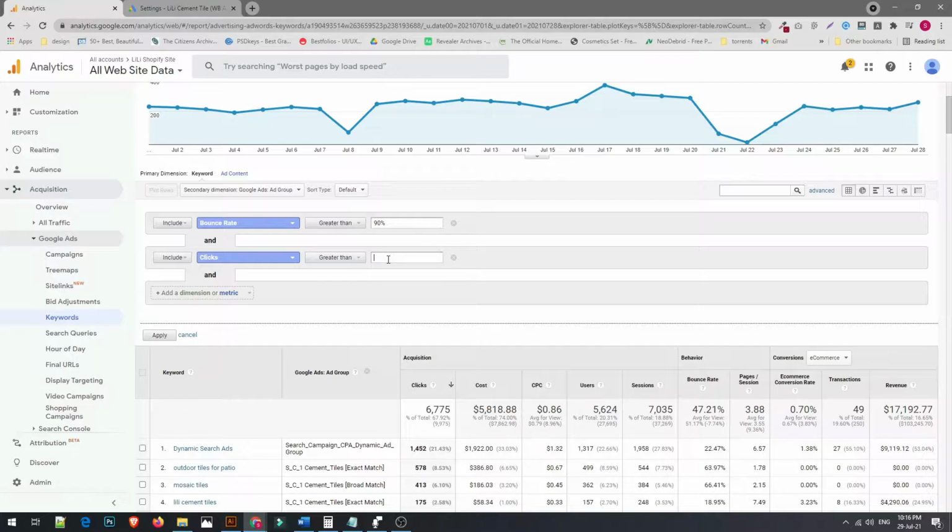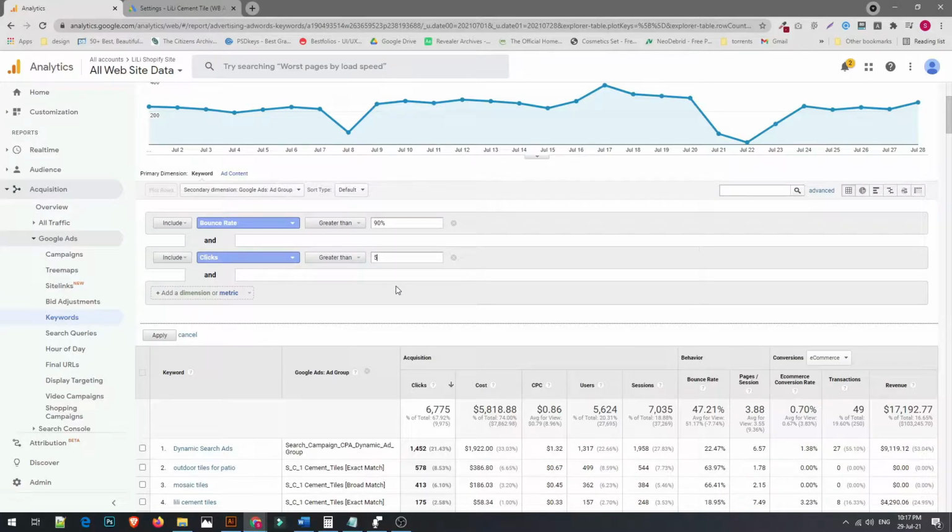a good basis for us to decide that, okay, it's not just based on 1 or 2 or 3 keywords, it's based on a number of keywords, a number of clicks. I mean, one keyword having a number of clicks. If the bounce rate for that keyword is going to be more than 90%, you are going to take some action on that keyword. So let's say we are interested in finding about a keyword that has got at least 5 clicks or more than 5 clicks, and it has a bounce